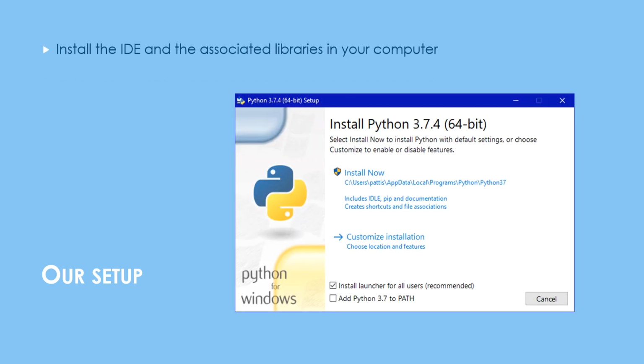Our setup. To develop Python code and run it, you need a Python Integrated Development Environment, IDE. We can get it by installing the IDE and Python libraries on your computer, and also maintaining them updated and compatible with each other. The good news is that there are software packages that do everything for you with minimal effort and